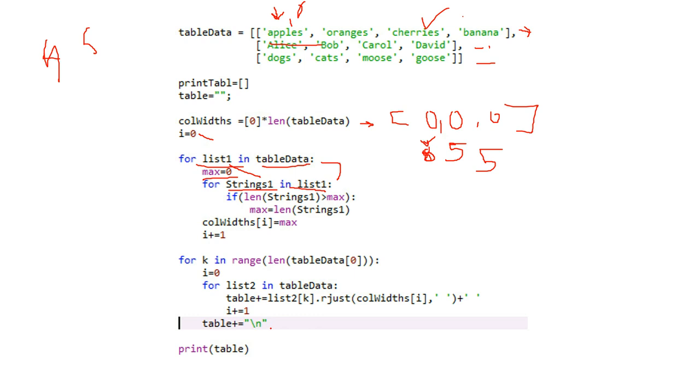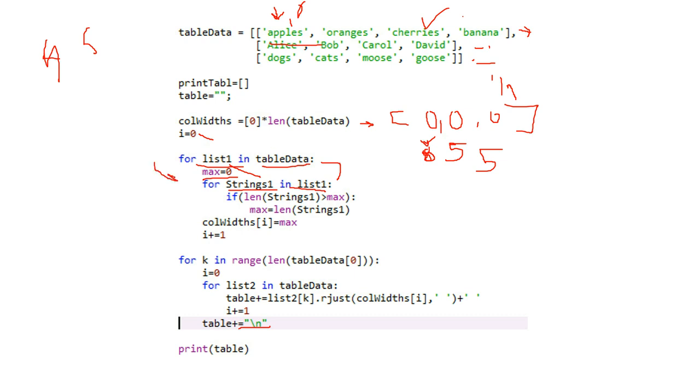That's a new line. Here you can put some validation, like don't do it if the string width is already 8, and you cannot put the new line in the last once list 2 has the table. We are in the last list, we don't have to put a slash n. This can be done in a standard environment where you want to catch every corner case. But for now it's pretty simple. Let me just go through it.